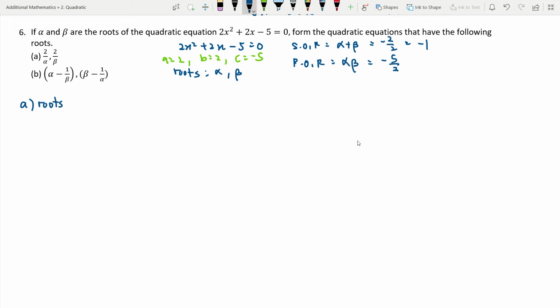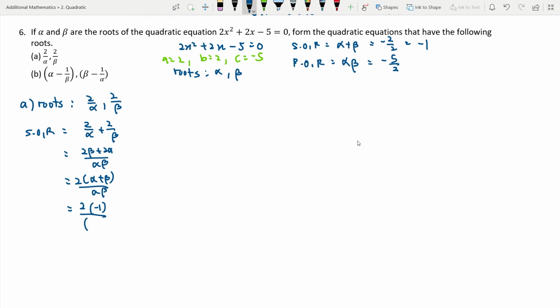A. The new roots are 2 over alpha and 2 over beta. Let's find the sum of root. 2 over alpha plus 2 over beta. We make the denominator the same. 2 beta plus 2 alpha over alpha beta. Factorize the 2. 2 bracket alpha plus beta over alpha beta. We substitute the value inside. 2 multiply with negative 1 divide negative 5 over 2. We get negative 2 multiply with negative 2 over 5, 4 over 5. The product of root is equal to 2 over alpha multiplied with 2 over beta, which is